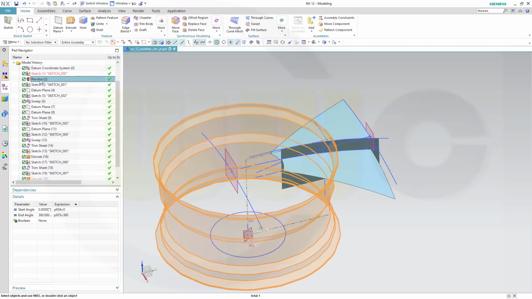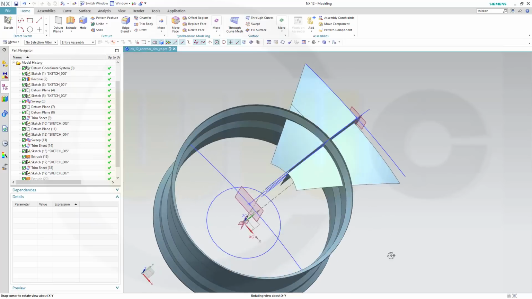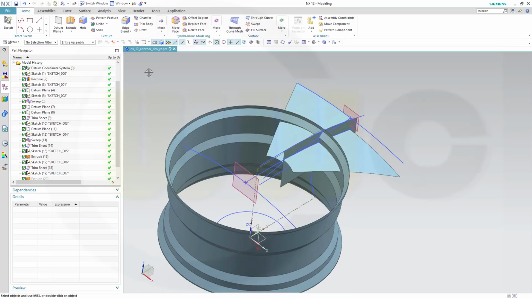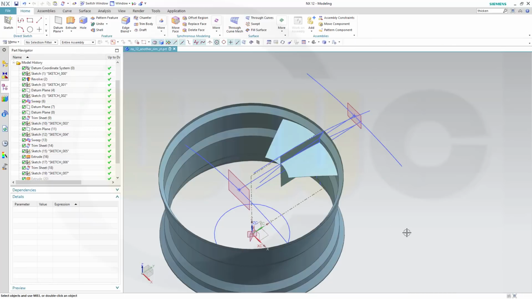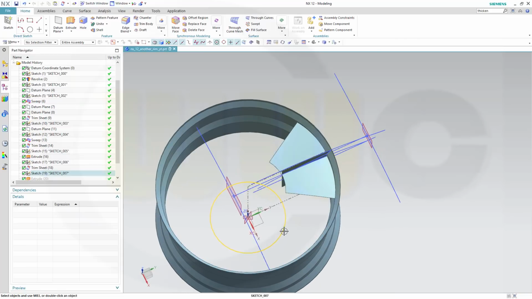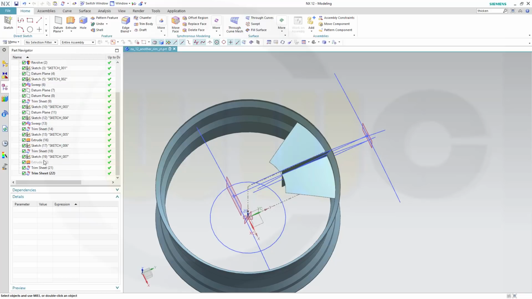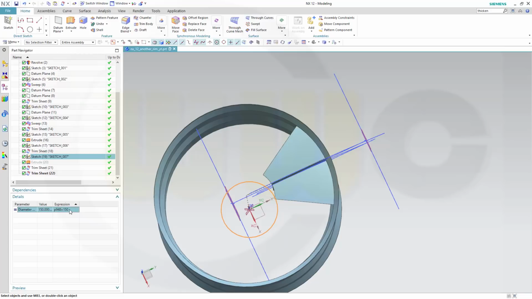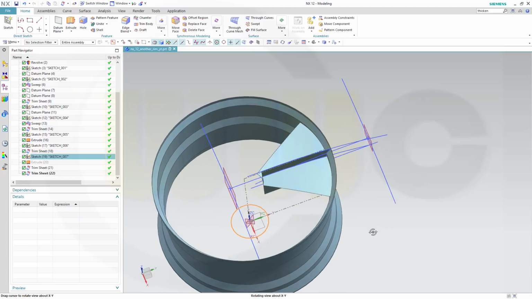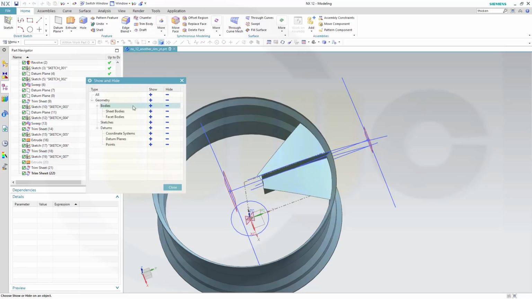Then show our revolve. And trim with this one as well. So go for trim sheet. I want to keep this one, that one, this one, and I want to trim with that object. And okay, nice. So maybe I could reduce that even more, let's say to 150 or 100. Well, that might be not okay, but let's hide our sketches